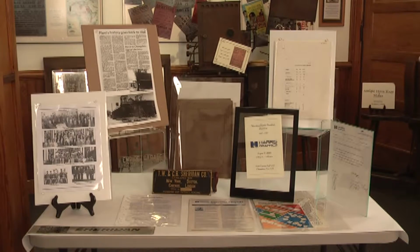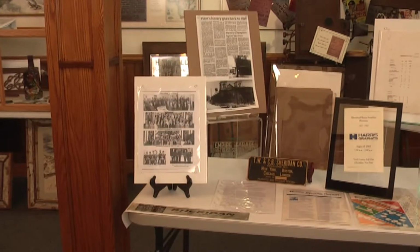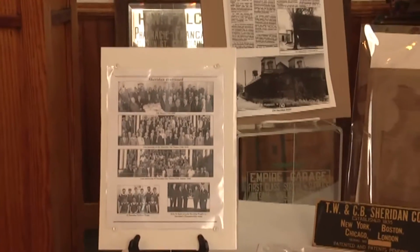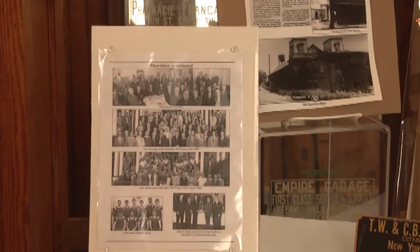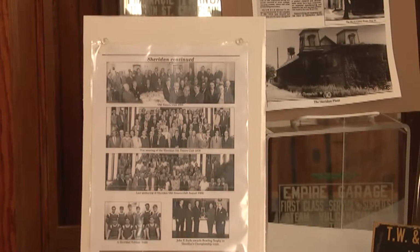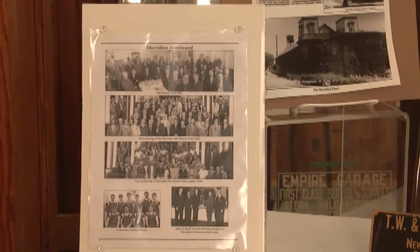Okay, we have a couple of tables here. Judy's pointing at one that looks like it's from the Champlain 2000 book, that page on the left there. John Zerlo put together a 4-page history of Sheridan. It was actually 2002, but it's a book we put out to commemorate it. It was supposed to be 2000, it just took so long to get done. It shows some of the old-timers clubs and the men's softball team that they had. And it looks like a dinner there. I see Dick Purcell on the end. And I see underneath there a Harris Intertype